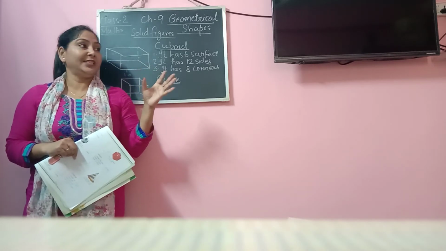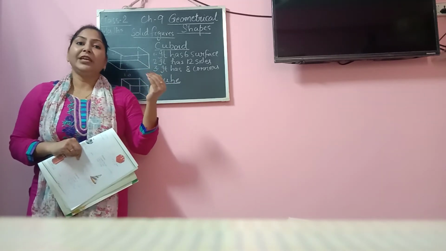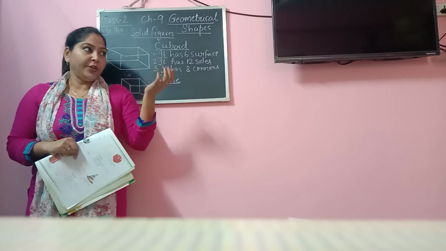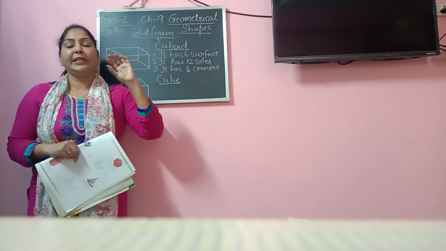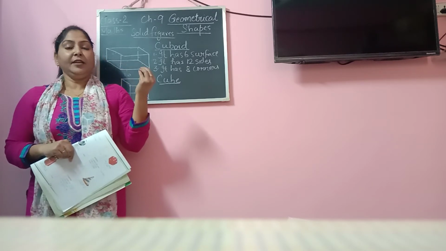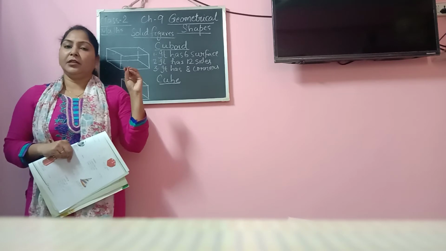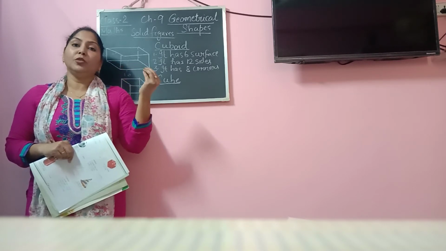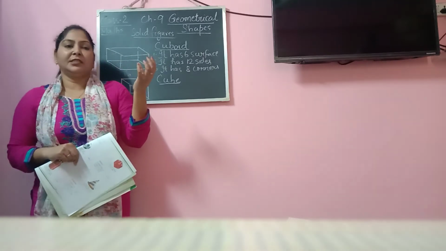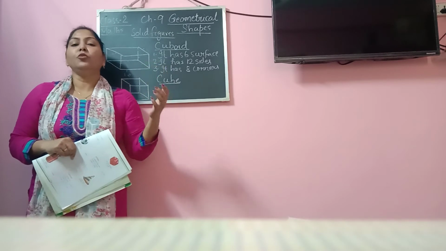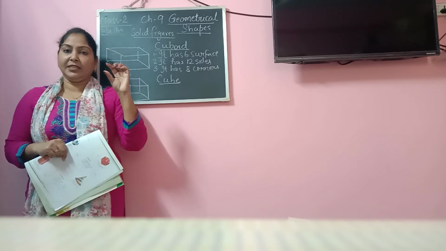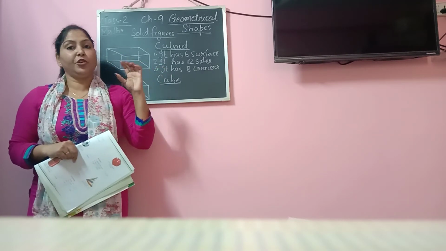Yes, I think you must have seen it in your fridge itself. When you freeze ice in the ice cube box, you can see the perfect example of a cube. Also, in games there is one object, a play kit which is used to play Ludo. In Ludo we use the dice, isn't it? The dice is also cube shaped.